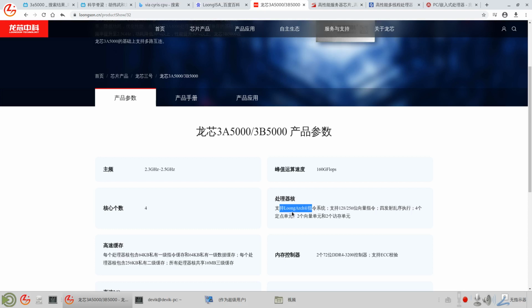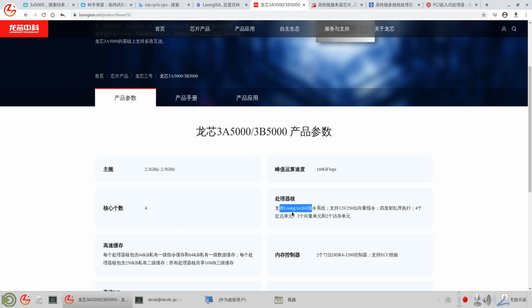So Loongson 3A5000 is similar, using LoongArch, and it includes binary translation, so they can translate x86 software and apps to LoongArch and run them in the LoongArch environment and OS, so they can use a lot of ready-to-go x86 software.